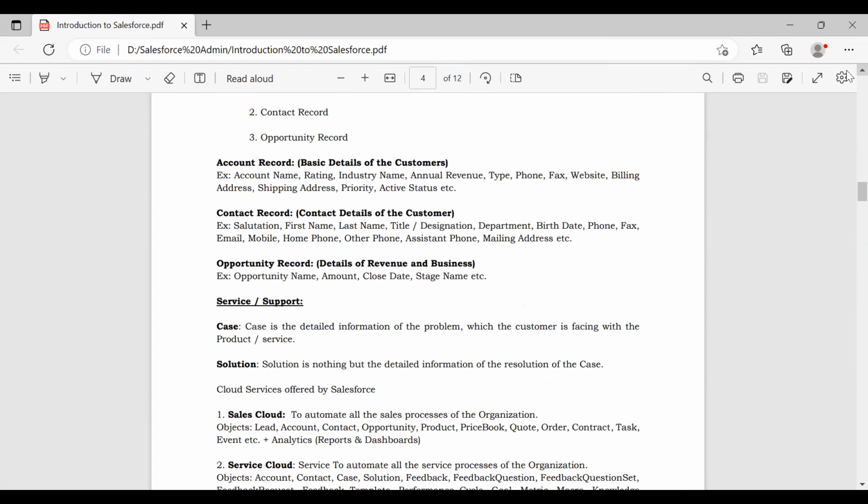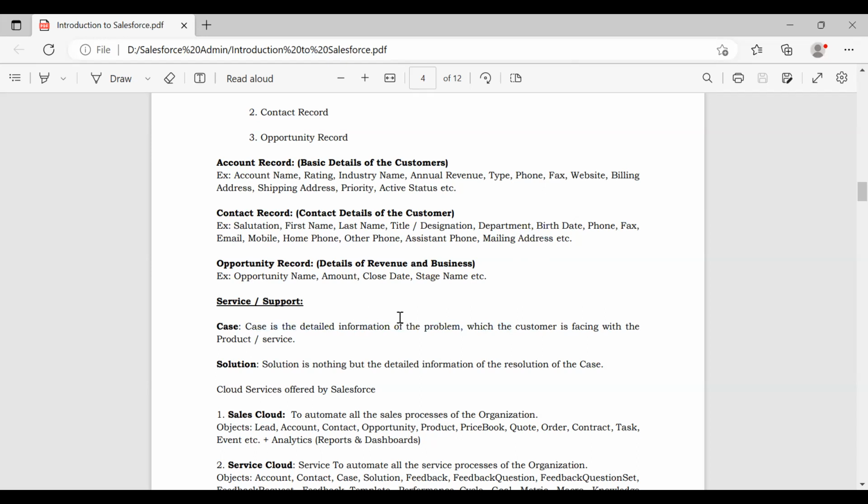The detailed information of the problem which the customer is facing with the product is called a case.